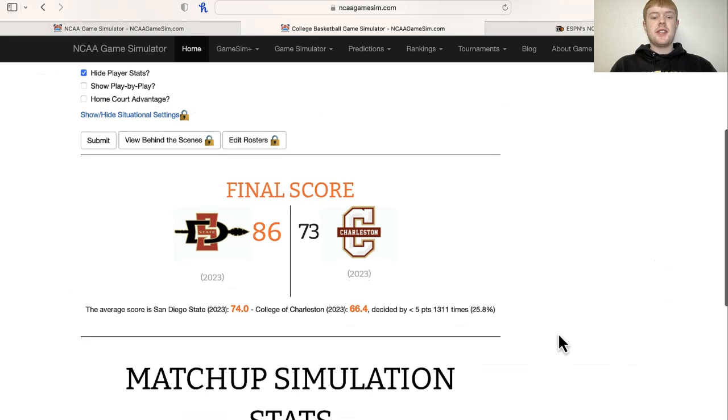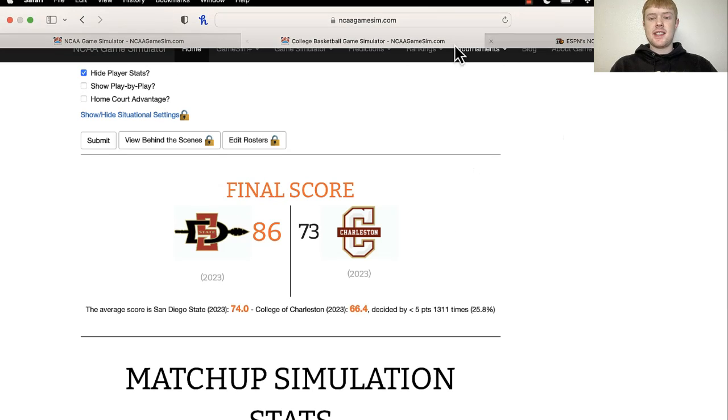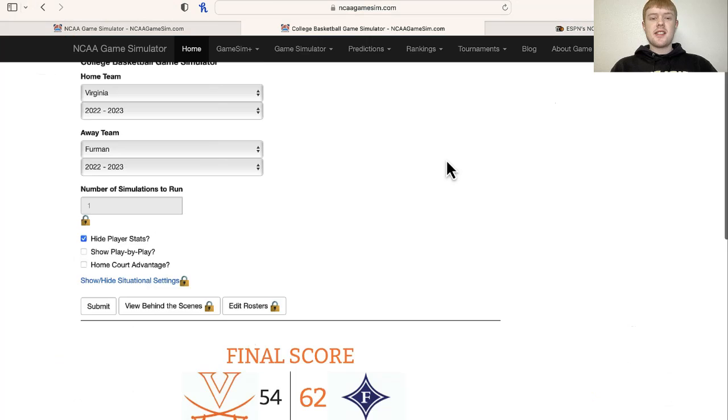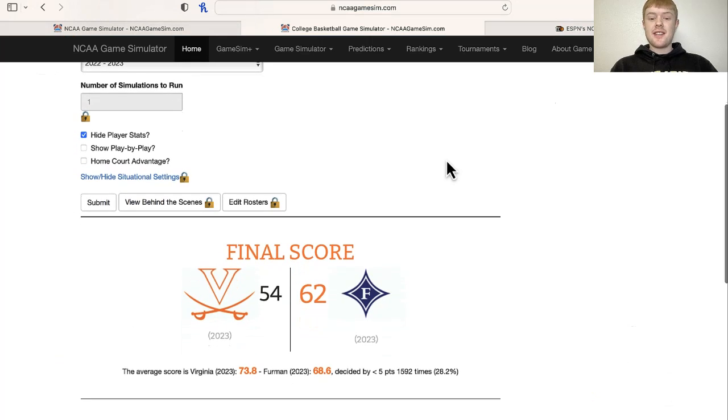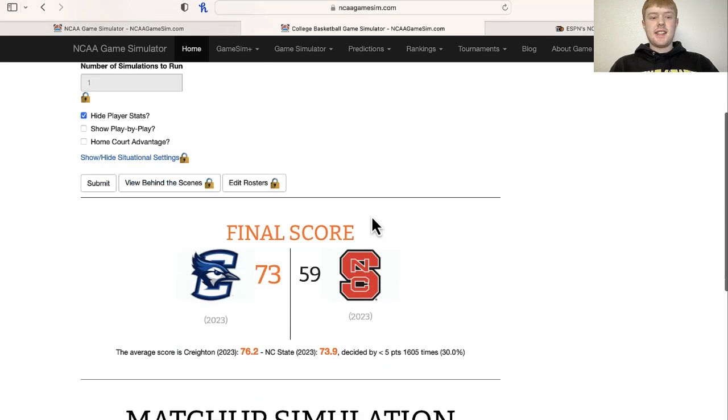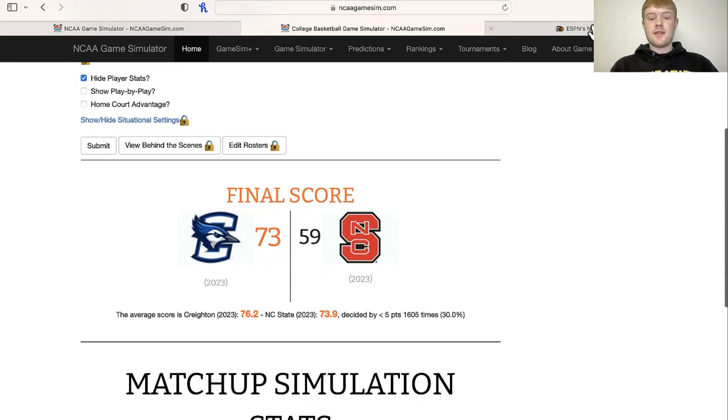Next up, we got San Diego State versus Charleston. So in this next matchup, it has San Diego State winning over Charleston 86-73. So we're going to put San Diego State through. So next up, we got Virginia versus Furman, and it looks like Furman's going to pull off the upset here. Let's put them through. Next matchup is Creighton versus NC State, and Creighton's going to win handily over NC State,